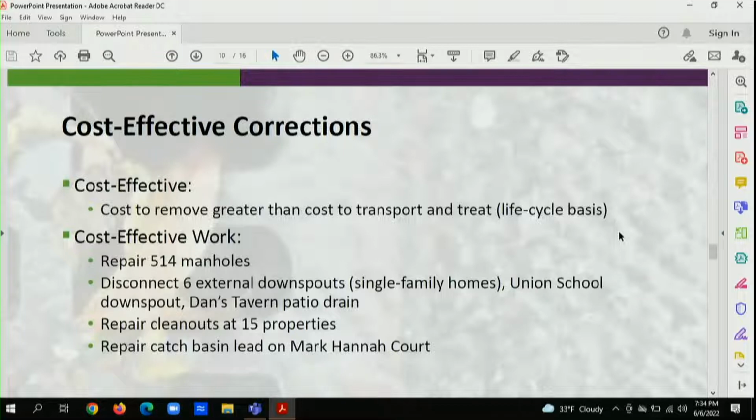Okay. So once we locate all those sources, at the 671 manholes and all those other sources, we do a calculation to determine,